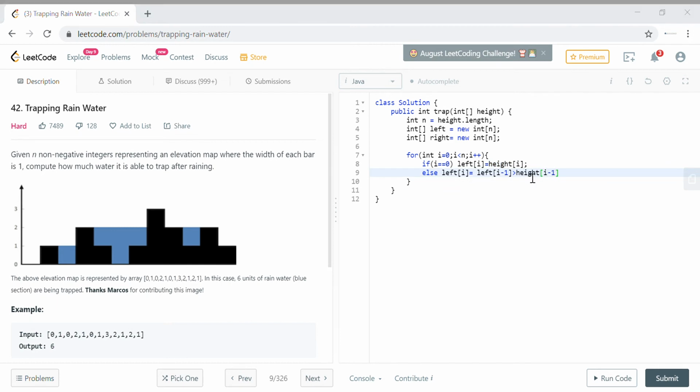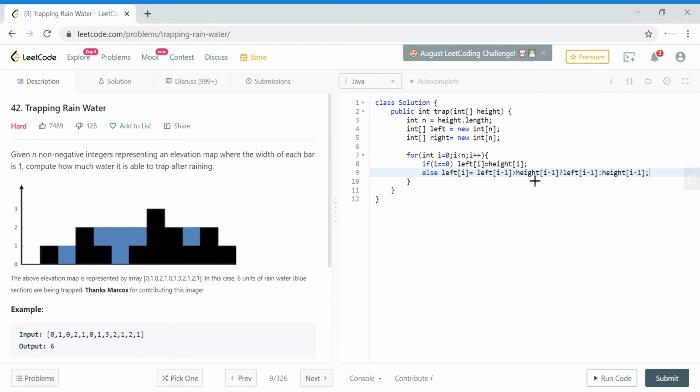So if the previous left building is greater than our current building, then in that particular case the local maxima for this particular building will be left of i minus 1. Otherwise, it will be height of i minus 1.